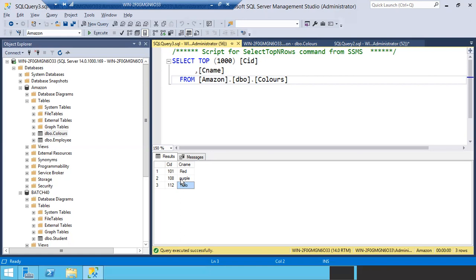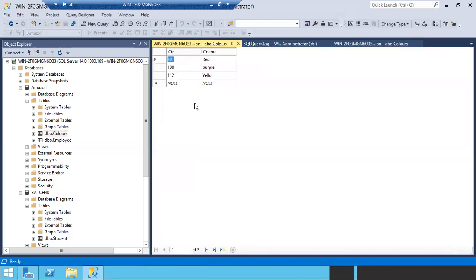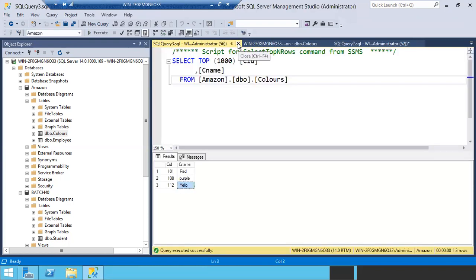Okay, you know the challenges, right? The GUI way. In case you want to insert 1 lakh records, what are you going to do? How to insert 1 lakh records in the GUI? Every time you cannot manually do it, right? But in a script, you can simply write the query once and execute it, and it will insert the records. This is how we create and insert the values in the tables using the GUI method. Clear, guys? Any issues, any doubts?